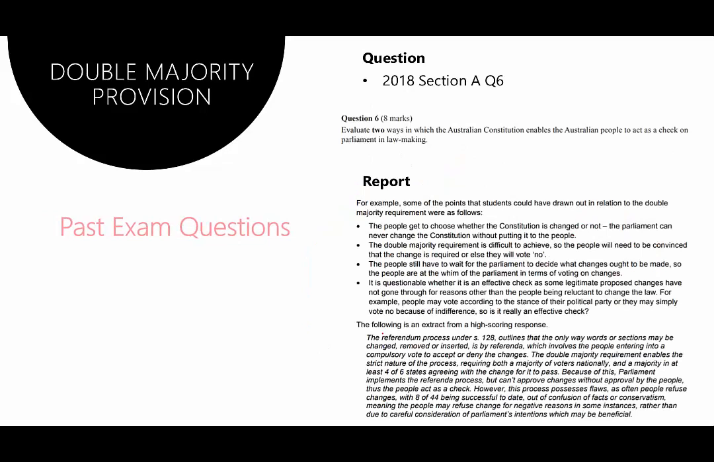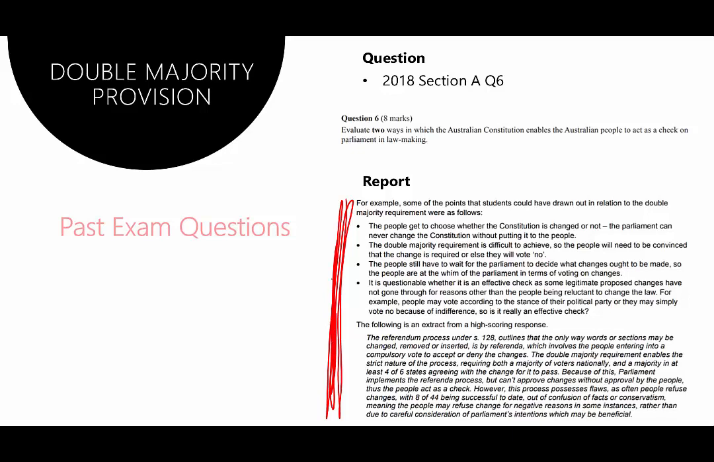So, final question we'll look at. 2018, Section A, Question 6. Again, evaluate two ways in which the Australian Constitution enables the Australian people to act as a check on Parliament. And following on from the first part of the examiner's report that we looked at with the last question,